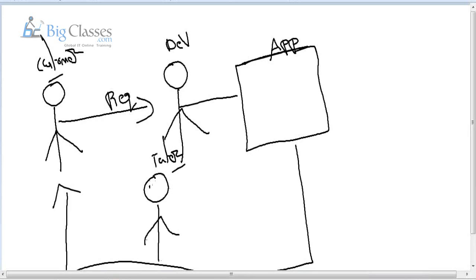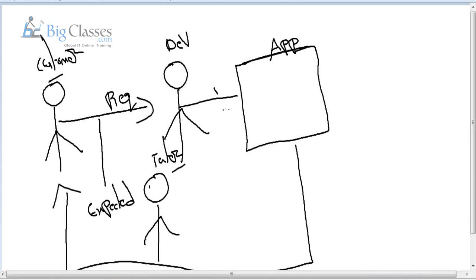Once again, guys, try to understand this diagram. First, the customer or client will provide some requirements to the developer. Then the developer, based on the requirement, will develop the application. After completion of development, before giving the developed application or software to the customer, as a testing engineer, we need to be involved. Whatever the customer expectations and requirements are, we take them as the expected value.